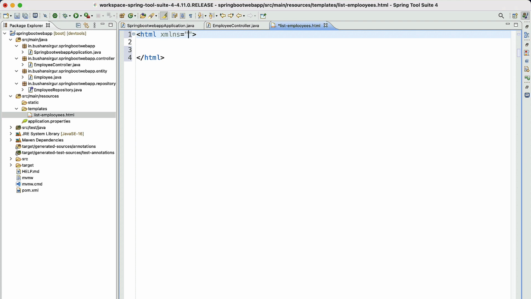XML namespace, http://www.thymeleaf.org.